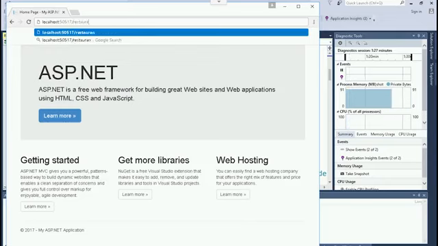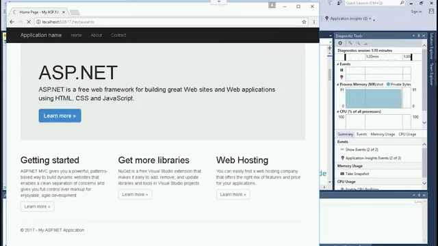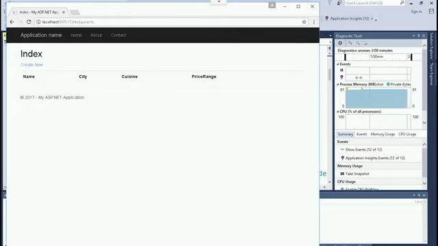I'll add restaurants to the end, and this will take us to our new controller, the restaurants controller, together with the model and the views that we've created. Now we're on our new restaurants page.